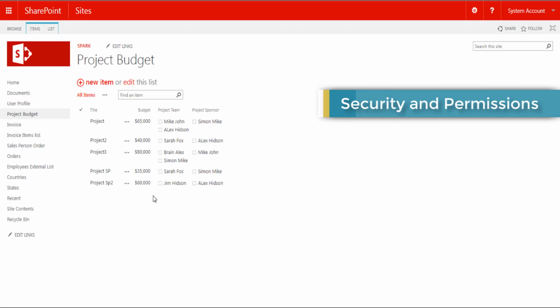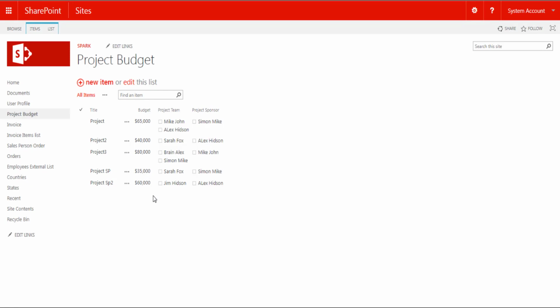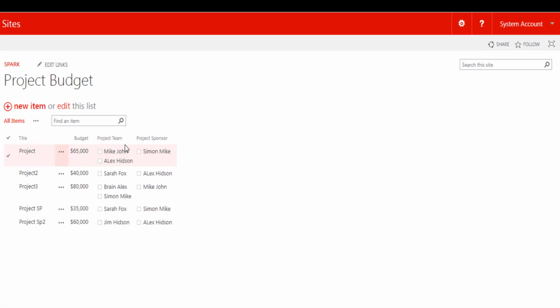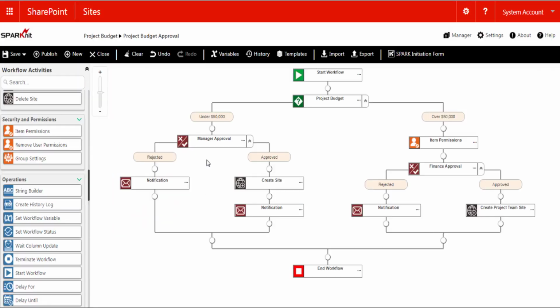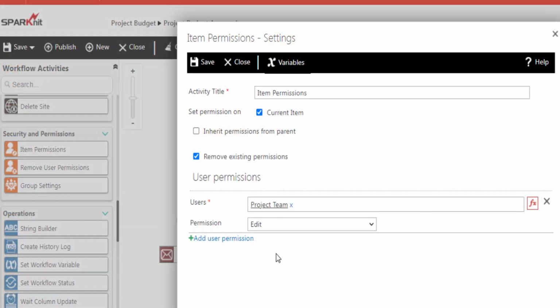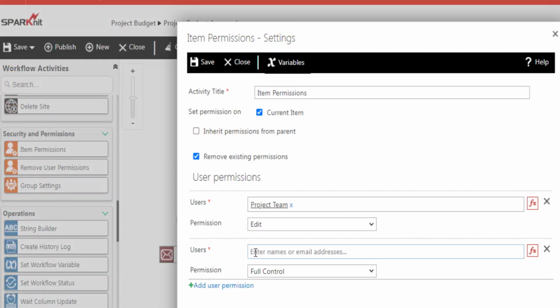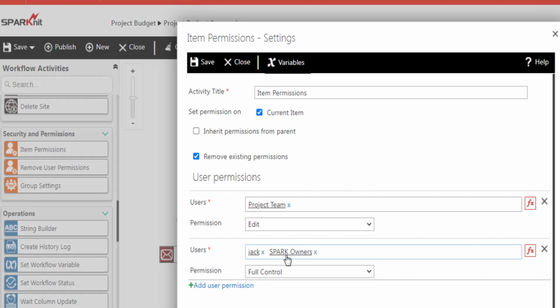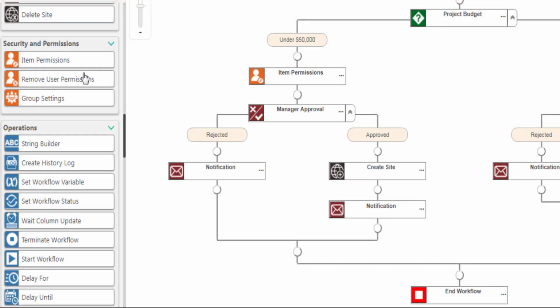Security and permissions. Privacy and confidentiality are one of the biggest concerns for any organization, and preserving them is always a top priority. With Spark Workflow permissions, you can guarantee top confidentiality without any worries. You can grant permissions to users or groups on a site's lists and libraries. Furthermore, you can manage these permissions by updating or deleting them on the current item or document that the workflow